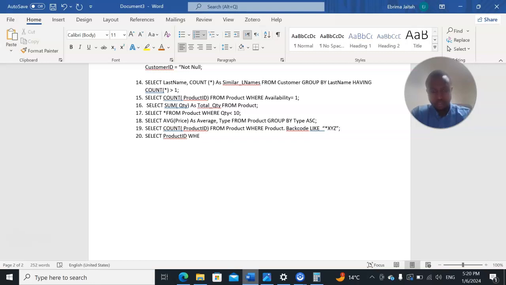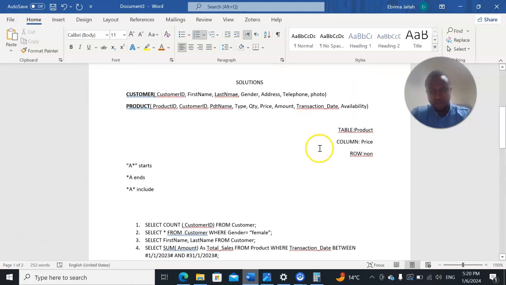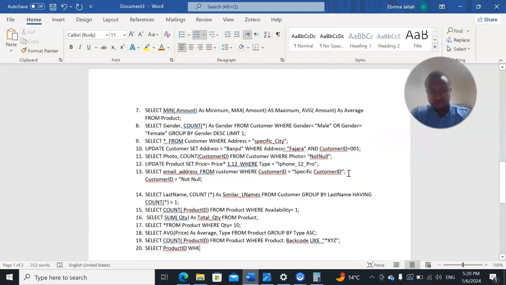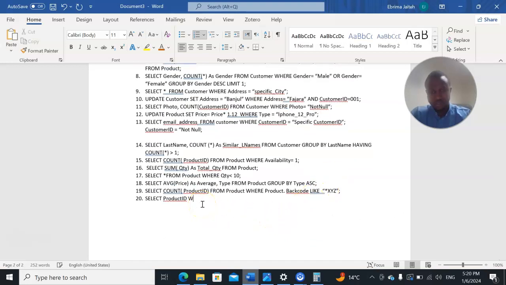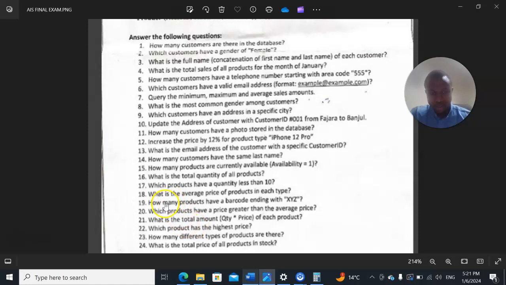No, wait. Okay, let's see here. We have column here called what? Price. Then what we need to do, we're going to say select what? All from product. Select all from product where price, exactly, where price is what? Greater than. Where price is greater than, because look at it. Look at the question very well. Which product has a price greater than? So we want to know this particular product has a price that is greater than what? The average price. So we are going to say,